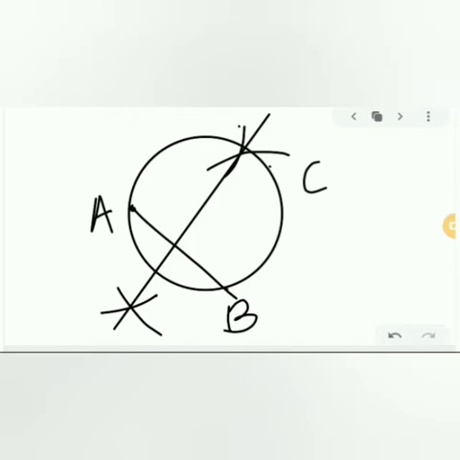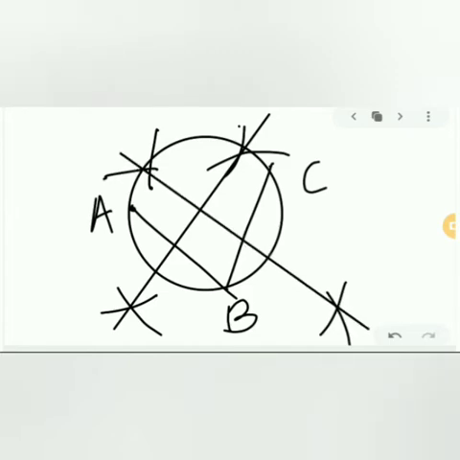Now the same process we have to do again: we have to join BC. If I take center point as B and draw one cut over here and one cut somewhere over here, then I will keep the tip of the compass over here and with a pencil make a cut somewhere over here and somewhere down. We will make 2 arcs, through which we have to pass a line. If I make the cut over here it will look like this, and if I take C, it will look like this, and we have to pass one line through it. If we pass the line from here, it will start to look like this.